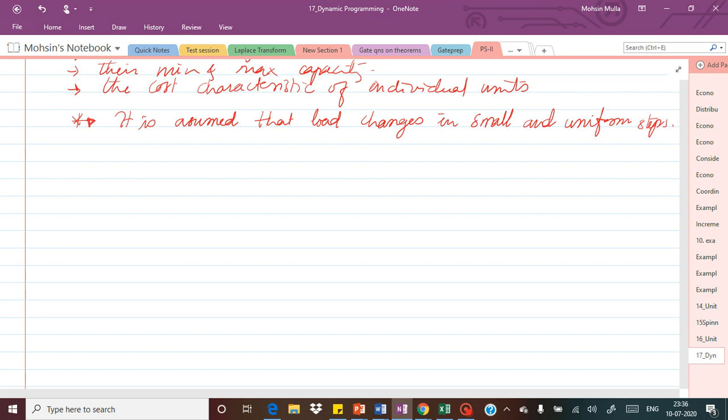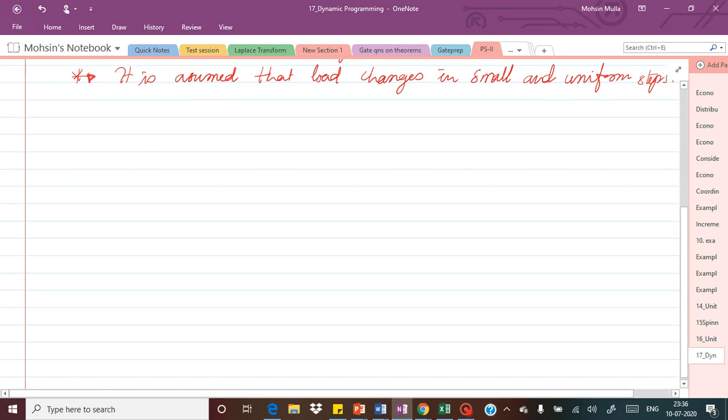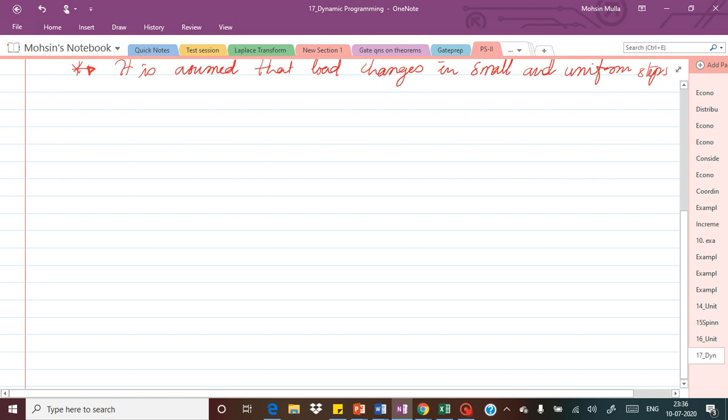Let me briefly outline some of the points that we are going to use to determine the recursive equation for solving the unit commitment problem using this dynamic programming method. Let us understand with the help of some points how we are going to proceed, or you can say the steps we need to follow. Basically, we are going to start with Ne2.